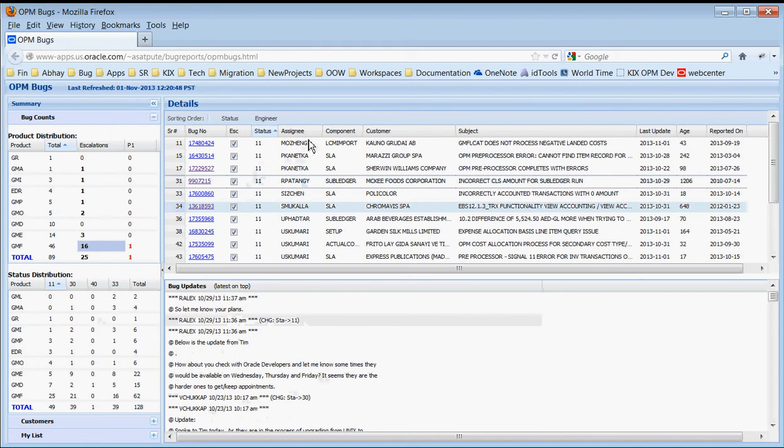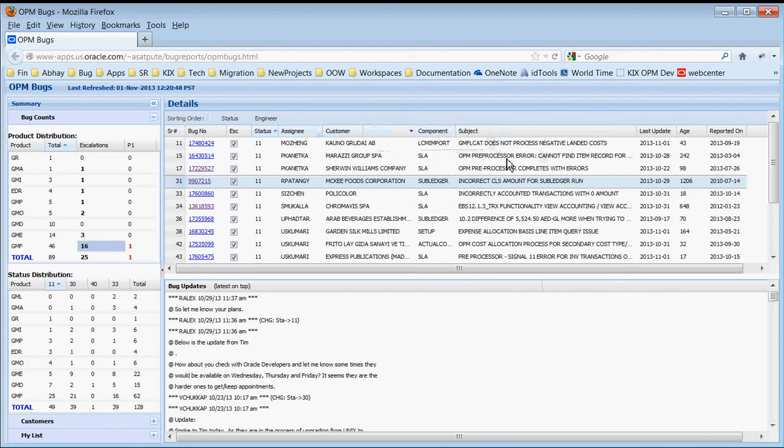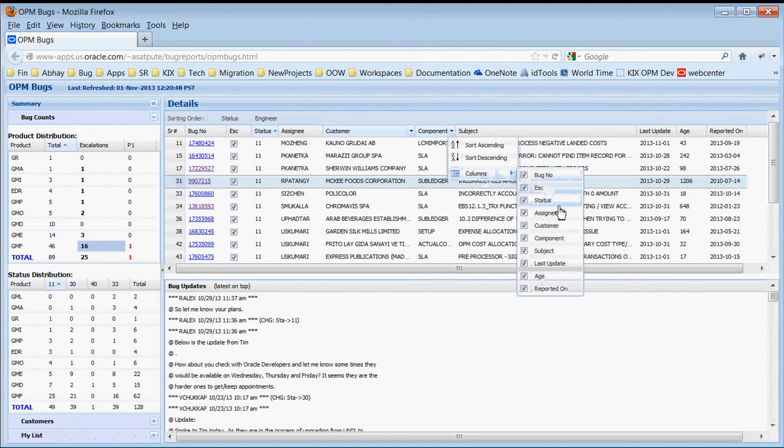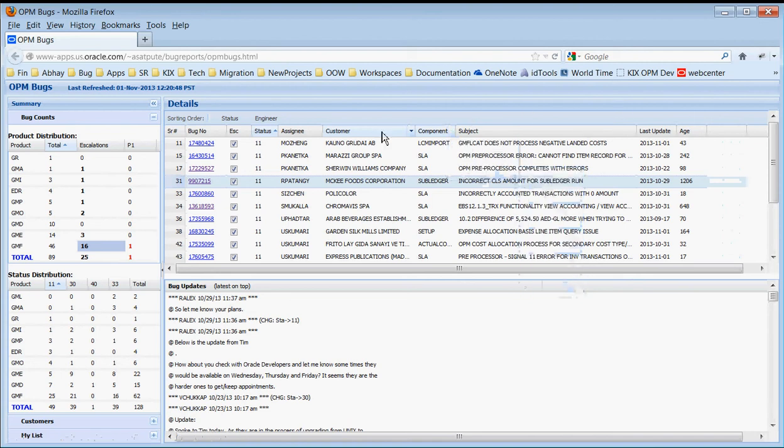Couple quick little things. Each of the columns can be dragged and dropped. So you organize your layout, and this layout survives the refresh. That is, it is stateful. It is maintaining the information in the cookie. The number of columns that you see can be added and removed. For example, I don't care about knowing the reported on column. I simply remove that column, right?